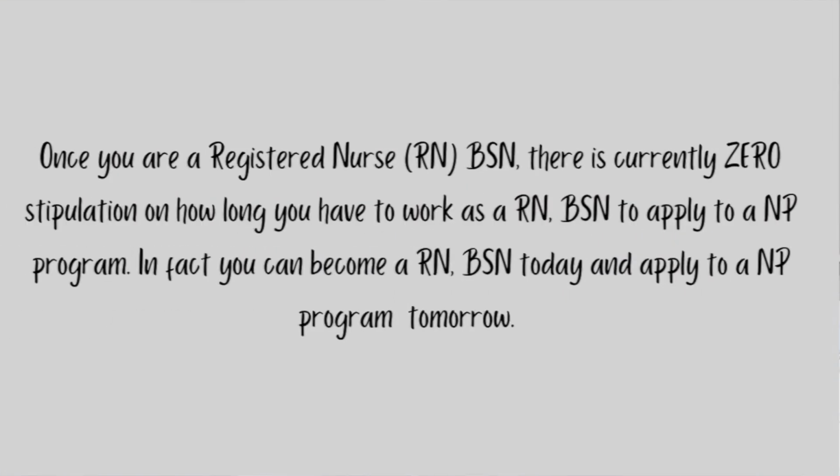And then when I decided that I wanted to go back to school to become a nurse practitioner, I was going back and forth. Do I want to get a master's or do I want to get a doctorate? I opted to get a master's degree because at the time I was like, nobody is fooling with this doctorate degree thing for 4 years. I just didn't want to wait that long. And for me, because I already had a bachelor's degree, it only took me 2 years because I did it full time. If I had opted to do the program part-time, it would have taken me 3 years because I already had a bachelor's degree. So I do hope that these things kind of make sense for you, and this is pretty much the steps and the things that you have to take if you want to become a nurse practitioner.